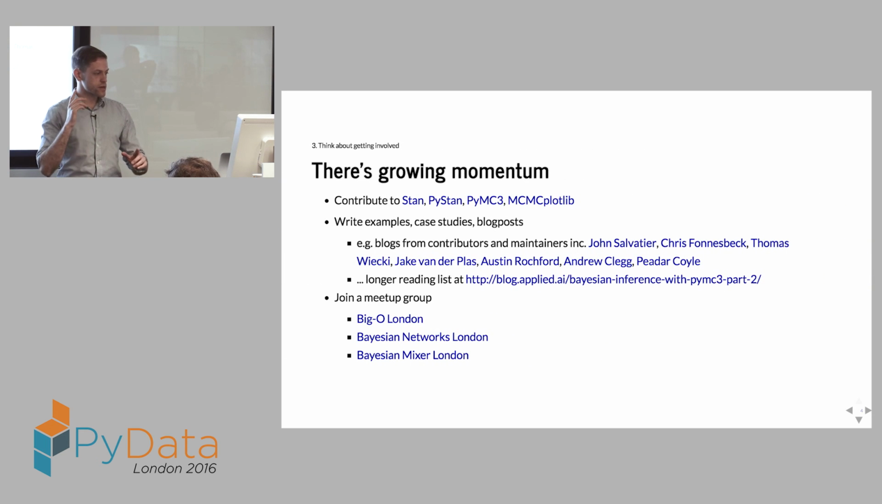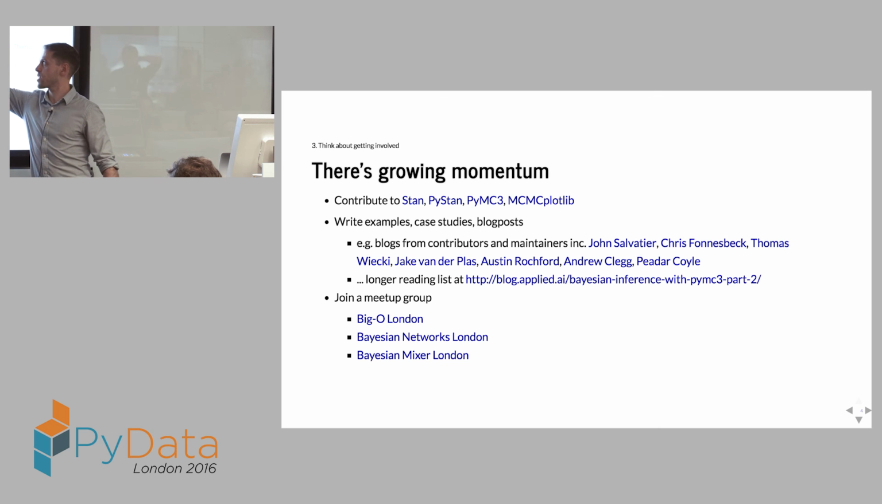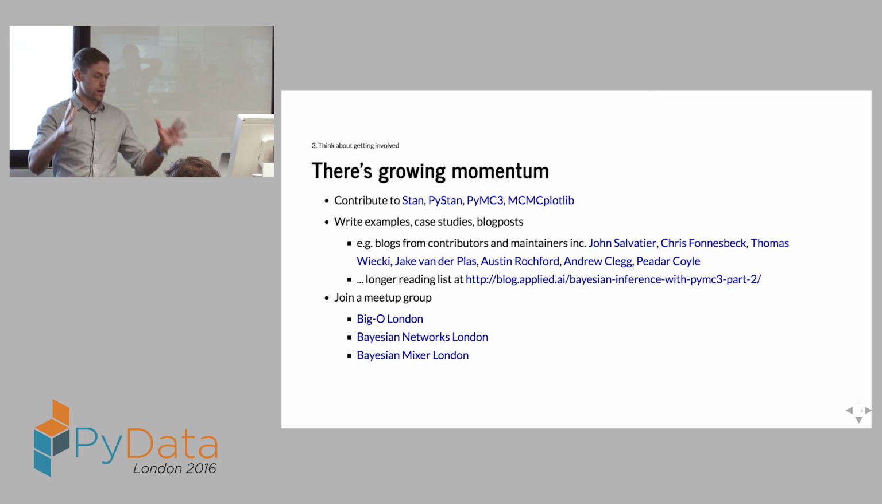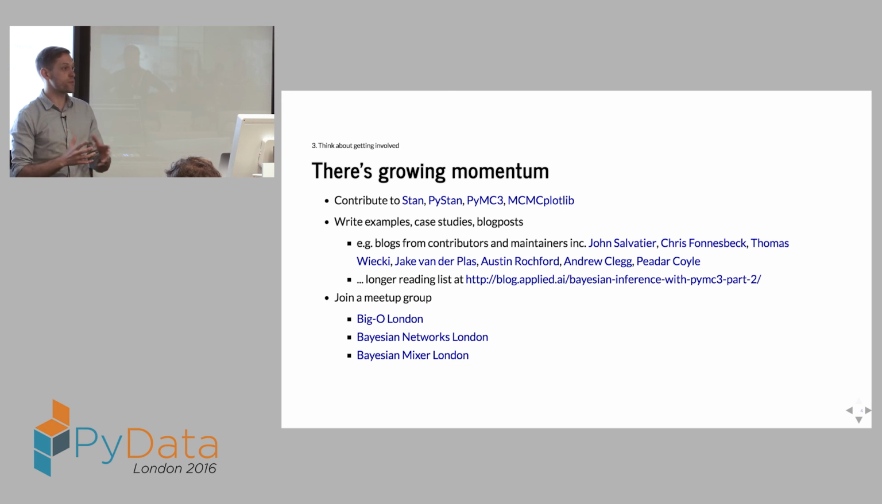Number 3 was get involved. There's loads of growing momentum in this. Stan, PyStan you can contribute to, PyMC3 as well. MCMC plotlib I'm calling out because I quite like plotting stuff, and I have it on the back burner to start contributing to that a little bit more, which is some nicer graphing and plotting for probabilistic distributions and really interpreting the models in a graphical way. There's a project in R called ShinyStan, which does this, and it does it very well, actually. And it almost makes me want to pick up R again, but